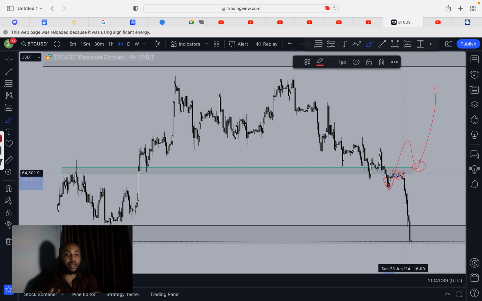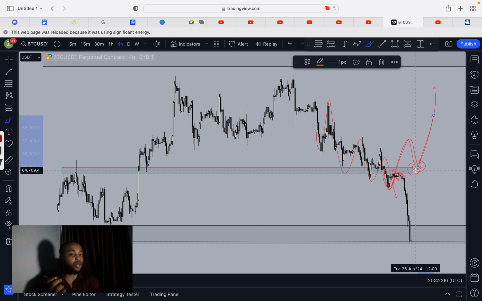What I actually did was, even when I took this trade, I didn't go in with full size because we are still in a downtrend. I just went in with like 0.5% of my account, and then immediately we closed below it. I just cut the trade here. This was exactly where I cut the trade, waiting for us to reclaim this high. So immediately we reclaim it, I'm going to retake the trade.